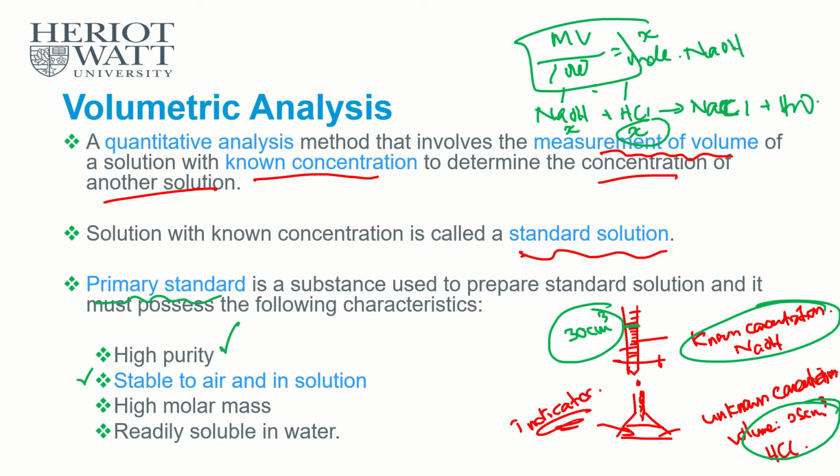It must be fully soluble, otherwise we are unsure about the amount of NaOH dissolved, how many grams actually dissolve in it. If it is insoluble, we can see the precipitate in the beaker, it remains undissolved, but how many grams is there? That is a bit hard for us to measure, right? So make sure the compound is fully soluble, then only we can use it as a primary standard to prepare